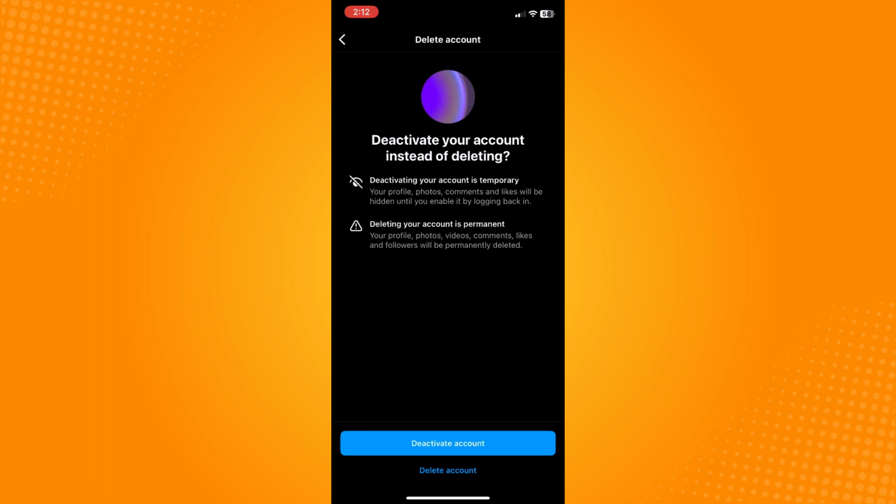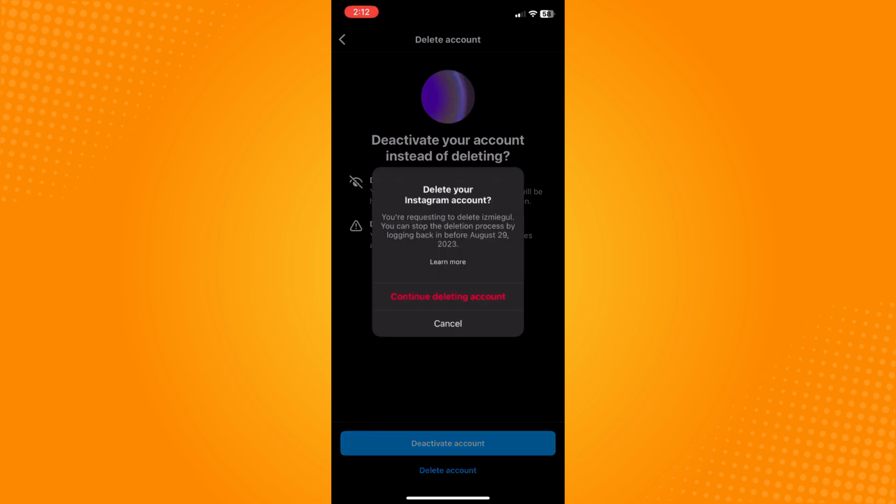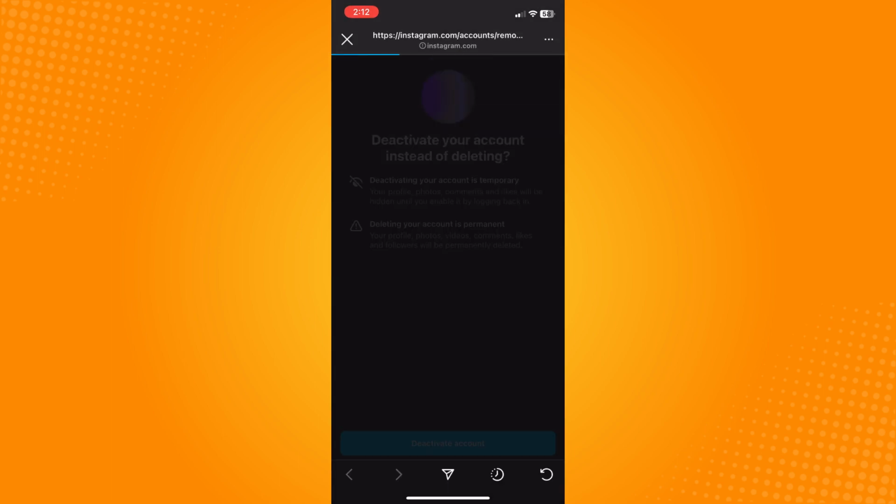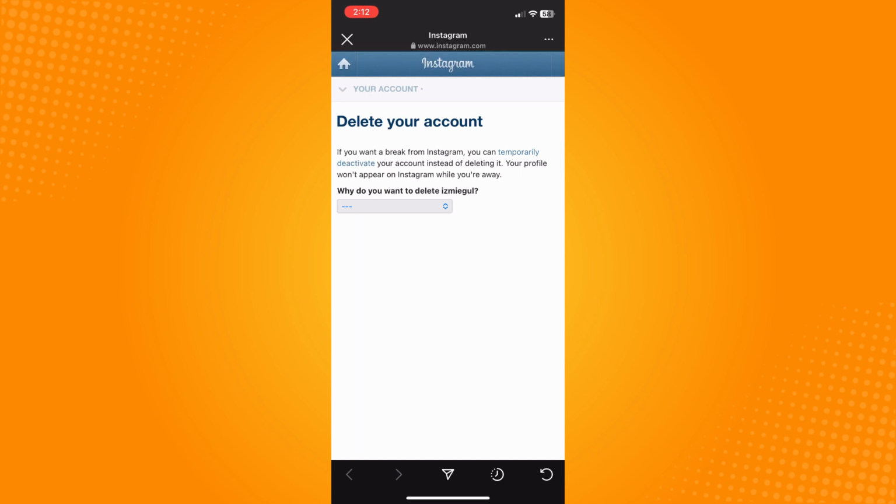If you tap on this, you will be given two options. It's either to deactivate your account or to delete your account. Since we want to delete our Instagram account, tap on delete account and tap on continue delete account, and it will redirect you to the instagram.com community there, and they will ask you why you want to delete your account,